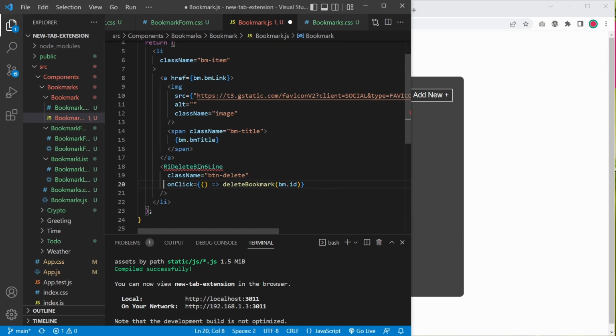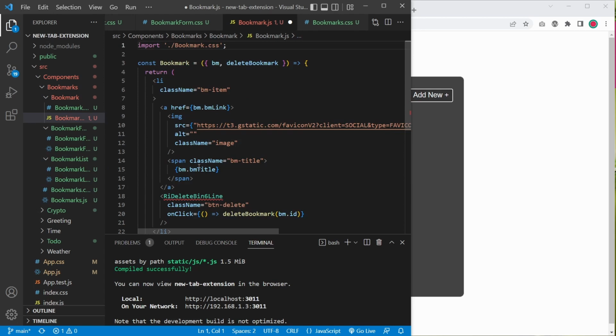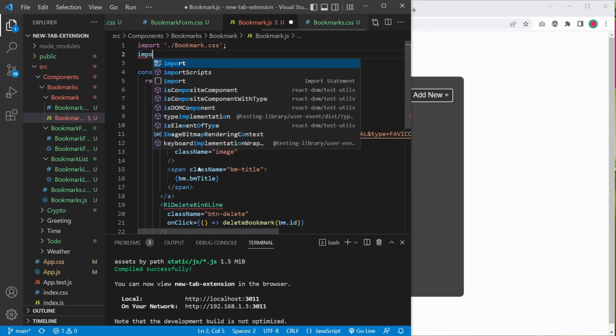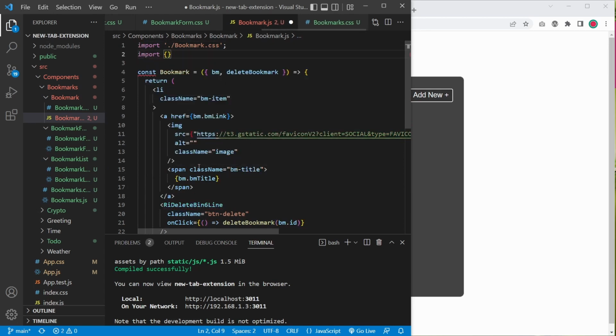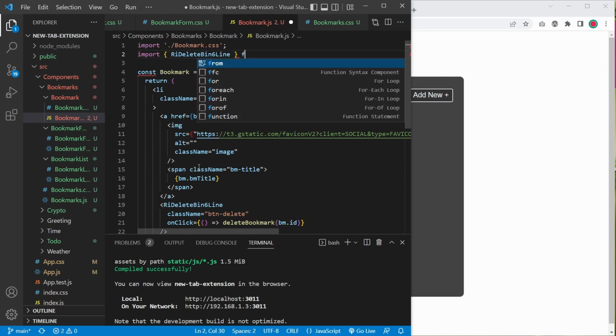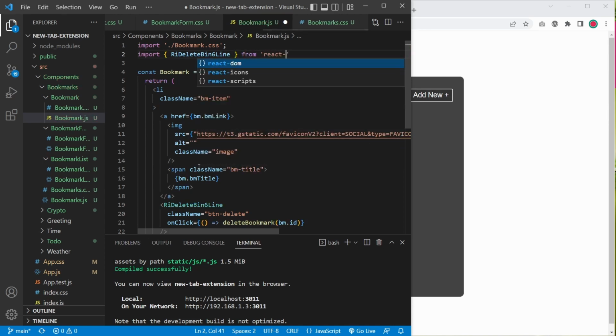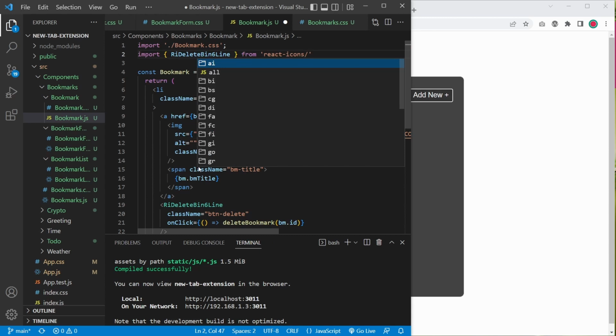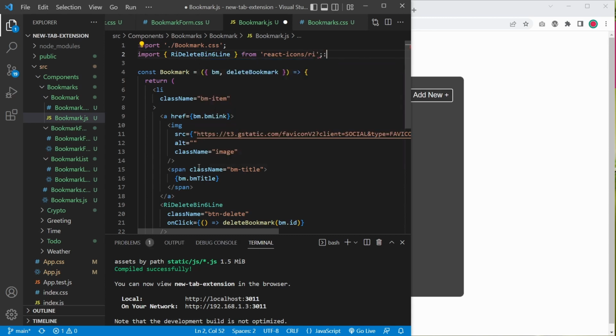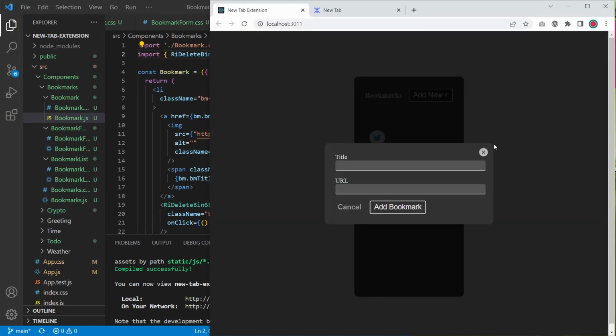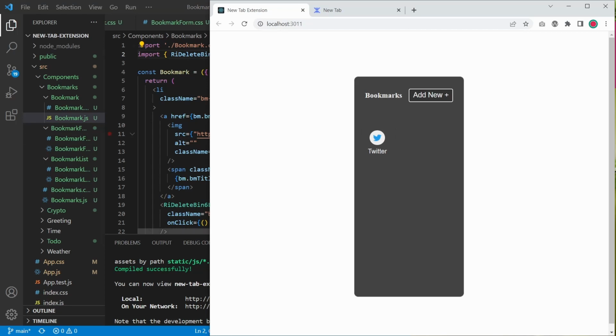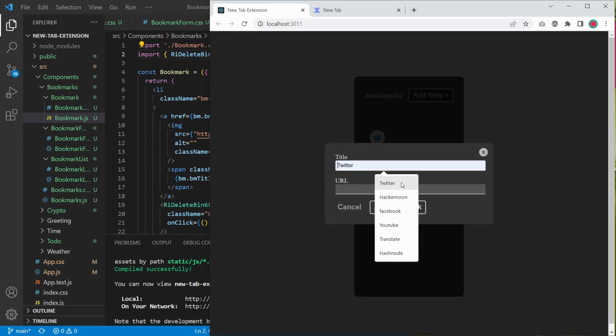All right, now let's import this one. Like I said, I'm gonna say import. I'm gonna paste it here and I'll say from react-icons/ri. If I save this, there you go. That looks better. If I add a couple more, for instance,